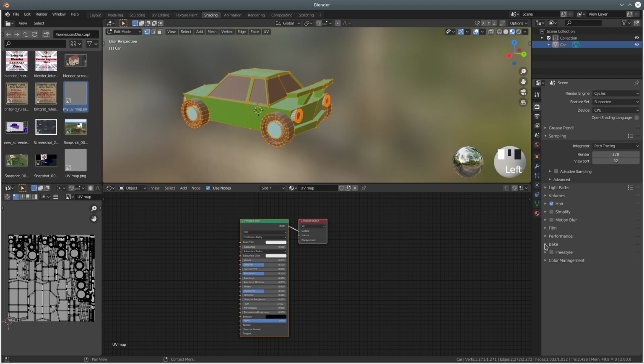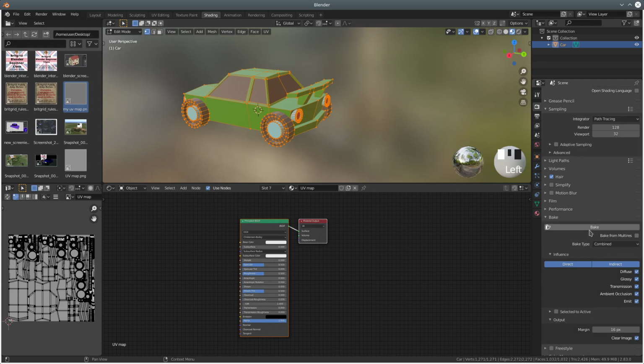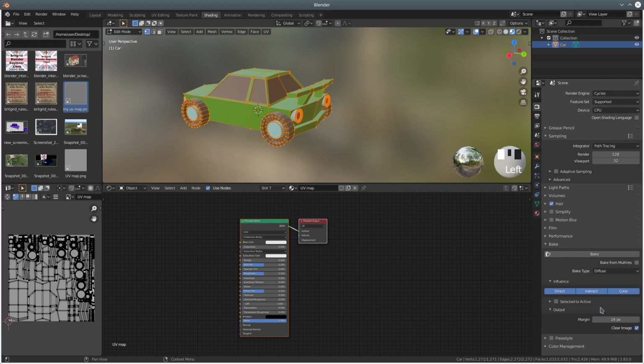We're going to go down to bake, and we just need to change these settings. So we actually need to change it from combined to diffuse, which is the colour, and take off direct and indirect. Margin is a bit big, so we can set the margin down to 1, and now we should be able to bake. So if I click on bake,